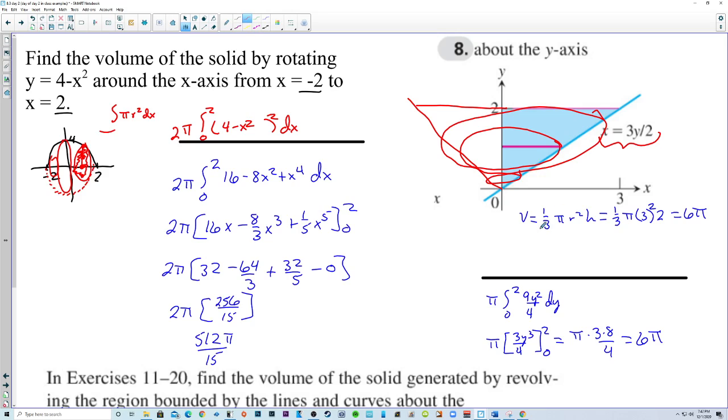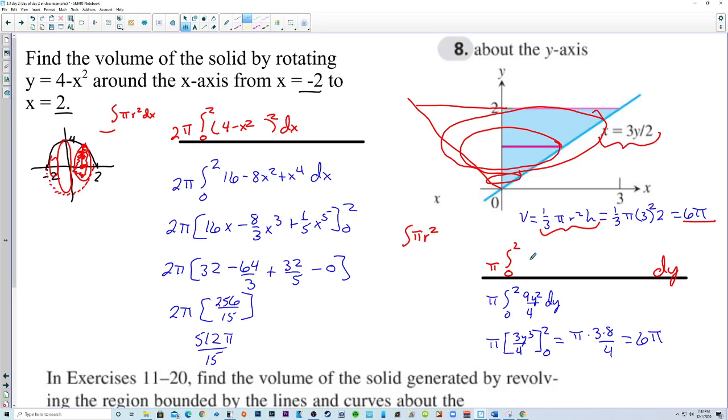Now, it doesn't look very nice, but this is a cone when it's all said and done. So we have a formula for a cone, and it's 1/3 pi r squared h, and the volume is 6 pi, but this is calculus, and we're going to use calculus to find this answer. So the cross sections are still circles, except they're stacking up along the y. So we're going to integrate with respect to y, and we're still integrating pi r squared. We're still integrating the area, and the area is circles. So we're going to factor out pi,